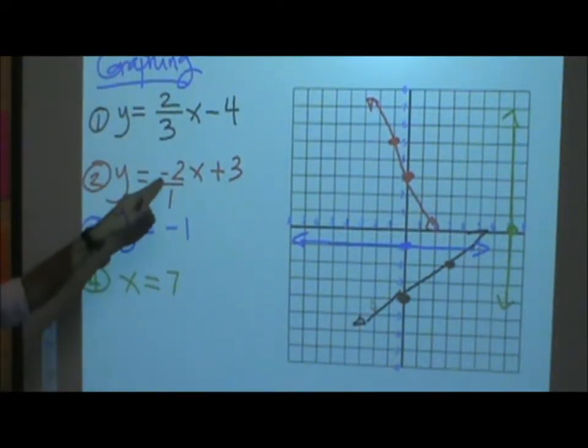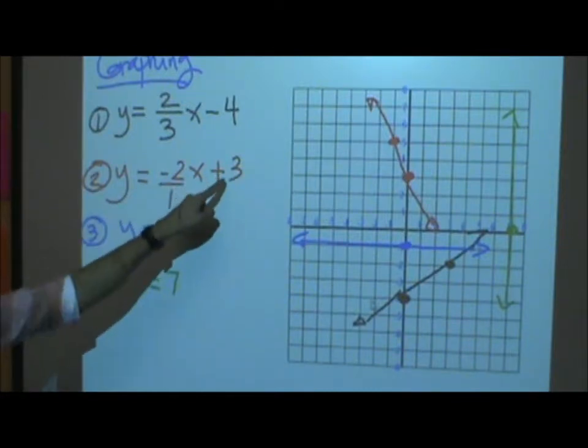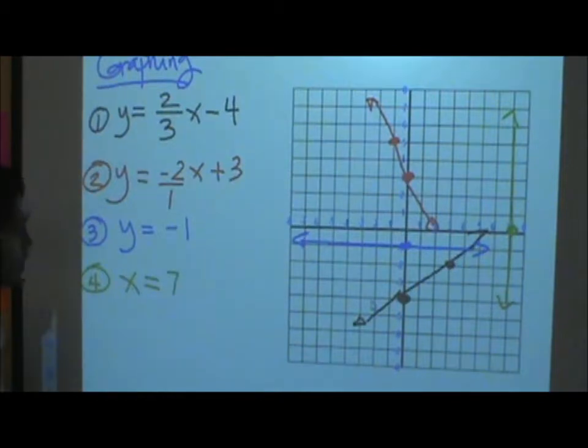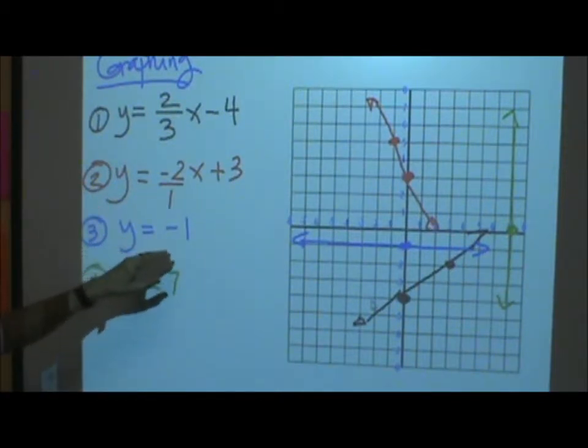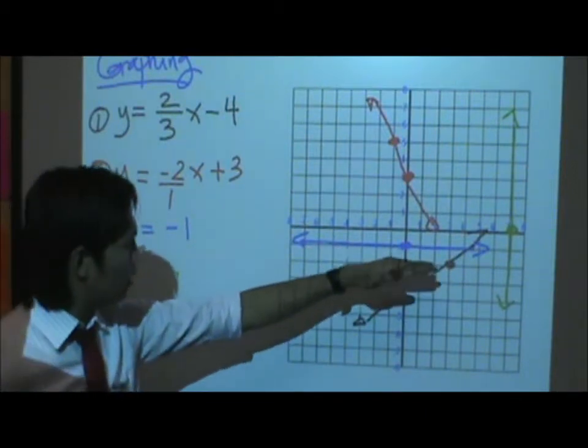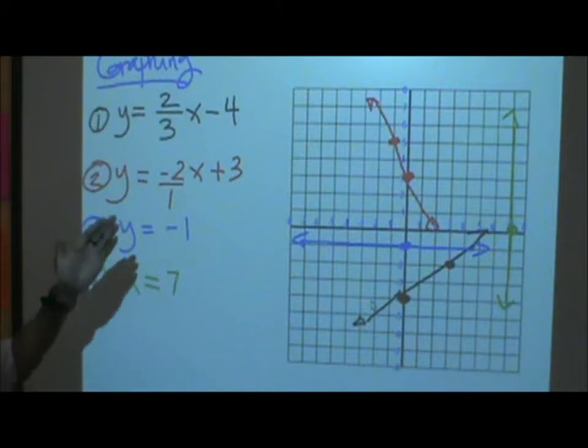Next, we have a negative slope. That means starting at 3, you go up and then you go to the left because it's negative. Now, we have a short equation, y equals negative 1. If you have y equals negative 1, just find the negative 1 and then draw a horizontal line which is perpendicular to the